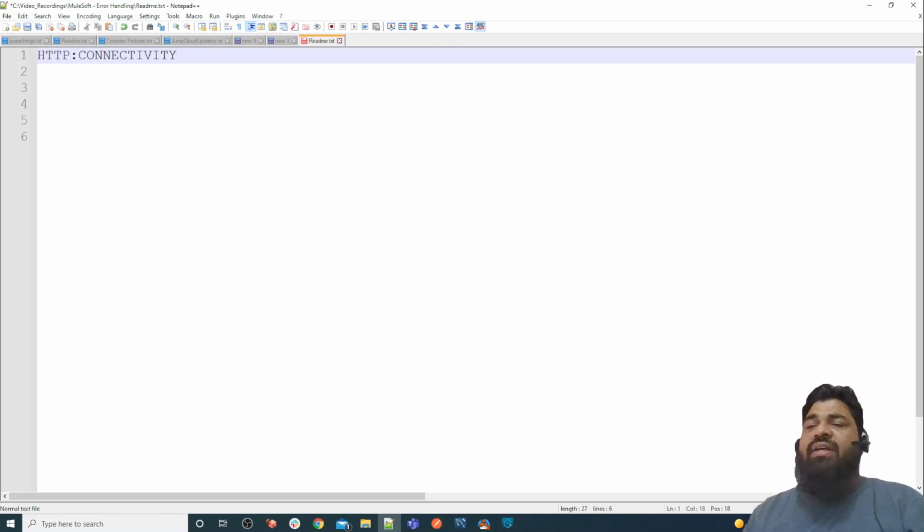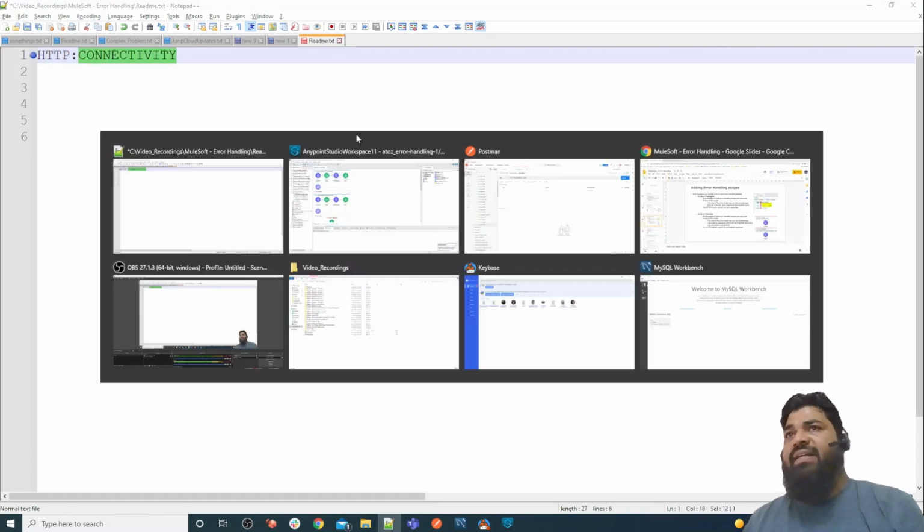connectivity. Okay, so guys, the very important thing is that MuleSoft error handling works basically on the error type. This is the error type. In error type, we have two things. One is the namespace, and this is the identifier. So we can say that our MuleSoft Mule 4 error handling works purely on the error namespace and identifier. In all my error cases, it is based on this error type and identifier. This is a namespace and this is an identifier.